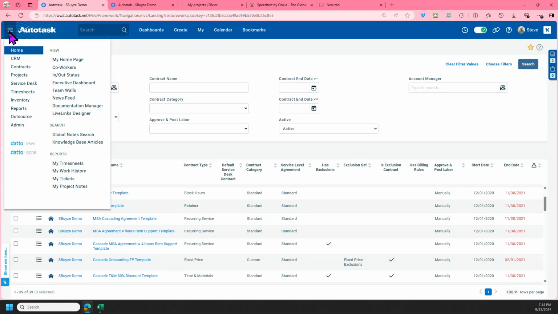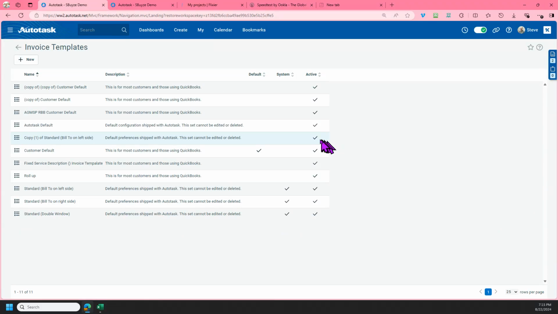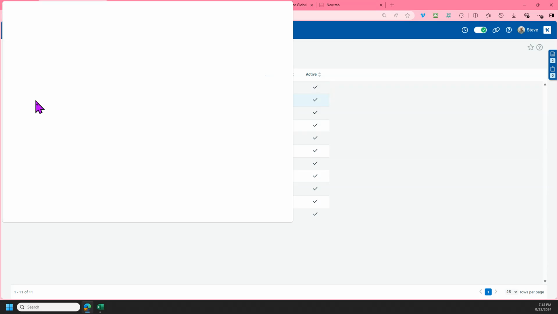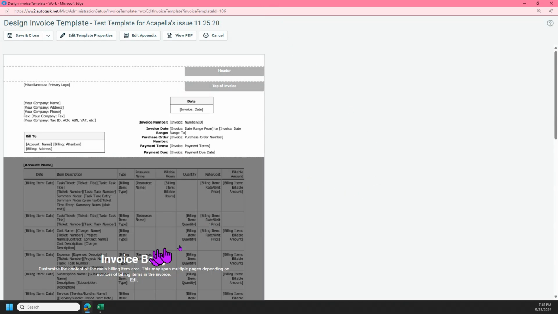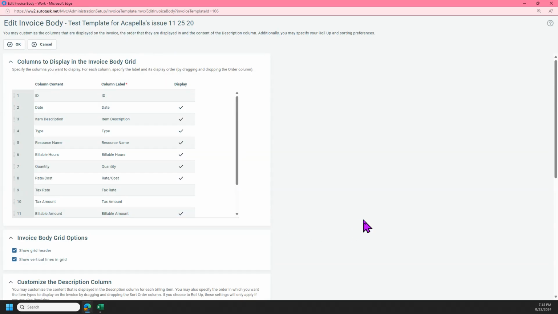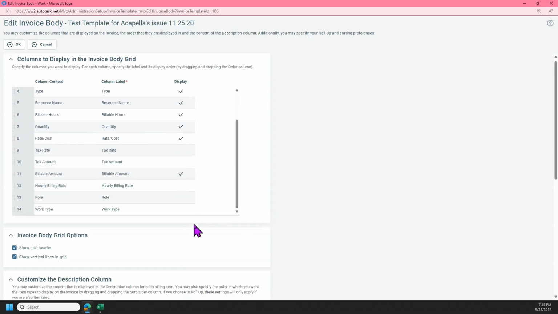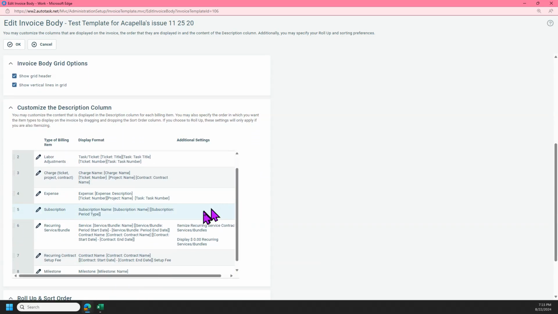So I'm going to roll over the contracts and go to invoice templates. We have a copy of customer default, and so I'm just going to go into design there. And then you'll notice when you roll over the middle here, it says invoice body to edit. I think you can click anywhere, but I always click on the edit button. This is kind of like your column chooser for the invoice. But then down here you have